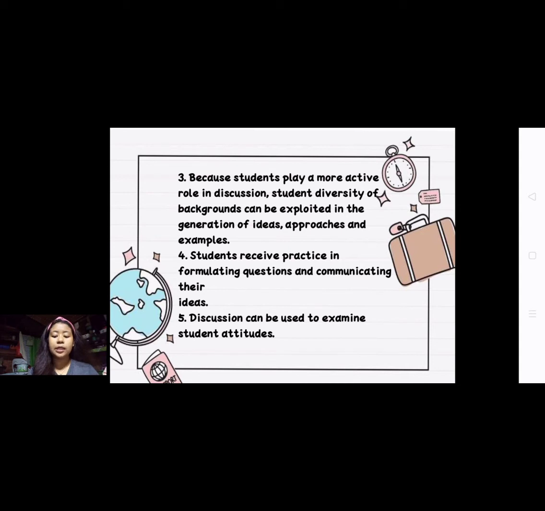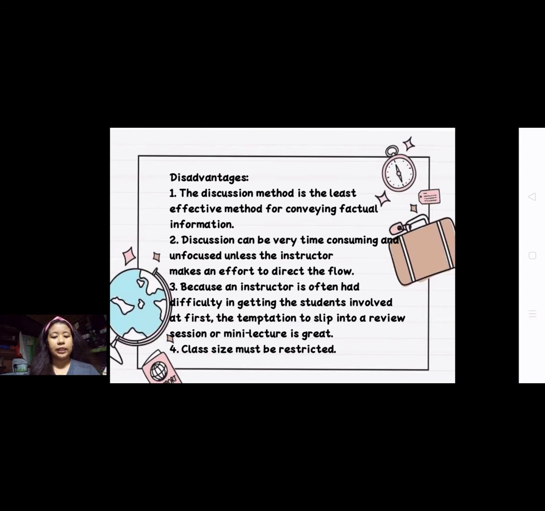The fourth one, students receive practice in formulating questions and communicating their ideas. The last one of the advantages is that the discussion can be used to examine student attitudes. For the disadvantages, the first one is that the discussion method is the least effective method for conveying factual information. The second one is that discussion can be very time consuming and unfocused unless the instructor makes an effort to